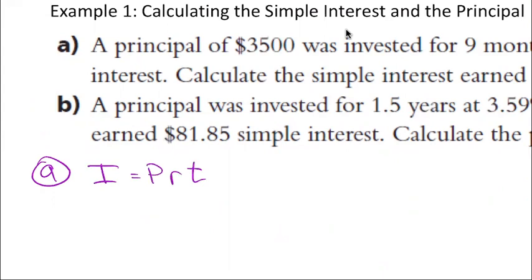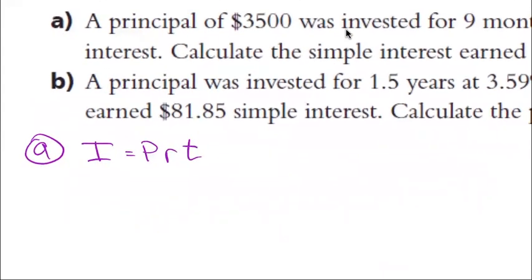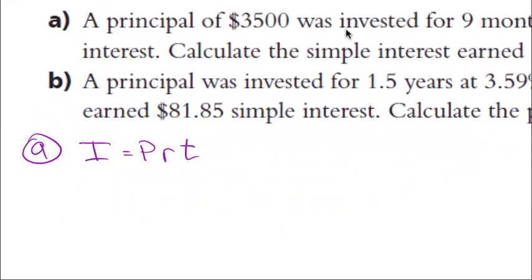Now, with the simple interest formula, I know it's not as complicated as the compound interest formula, but you could actually end up calculating interest, principal, rate, or time, depending on what you're given in the question. So you might want to, and I know it's helpful for some students, list out what you have and what you're looking for. You have interest, principal,